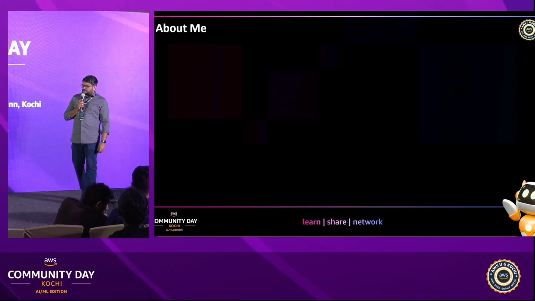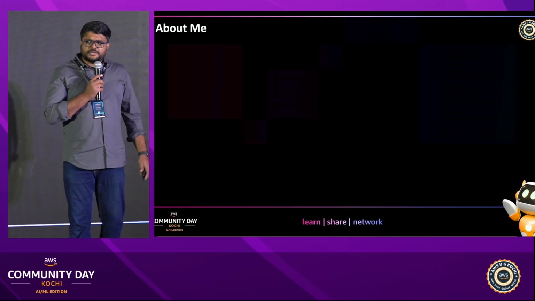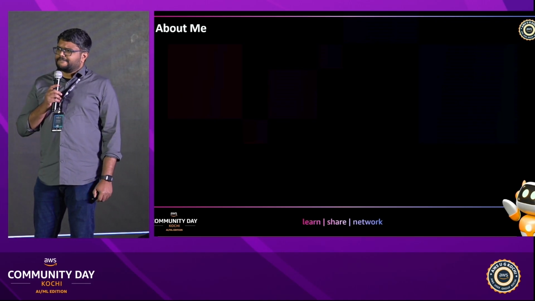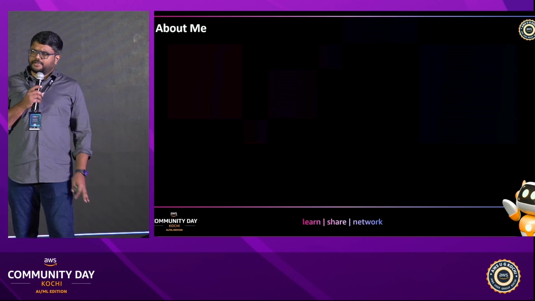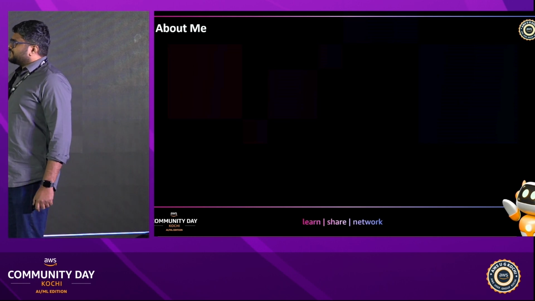Quick show of hands while they are starting the presentation. How many of you here are running AI agent workloads in production? Okay, I see a few hands here and there. That's good. So my session,